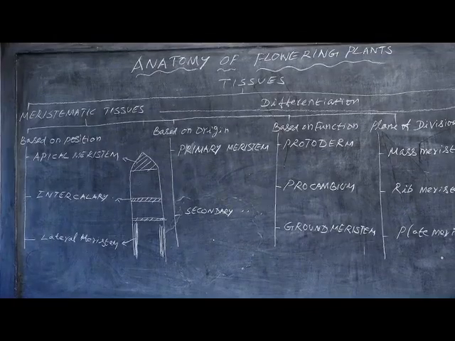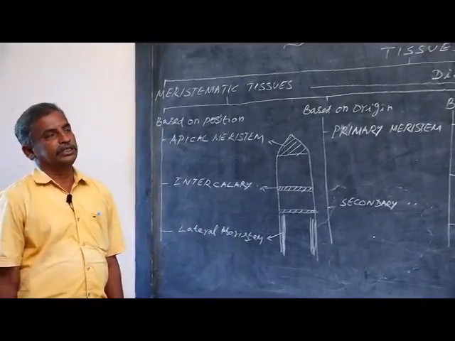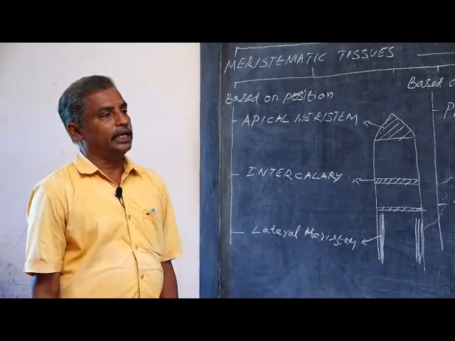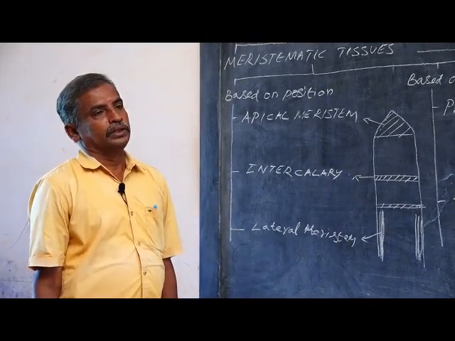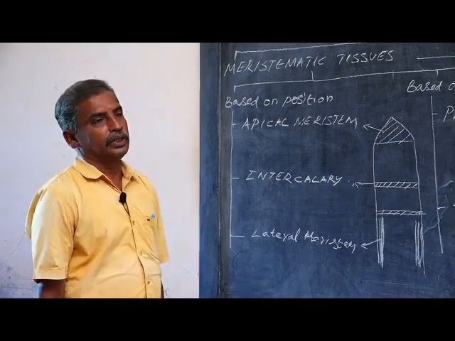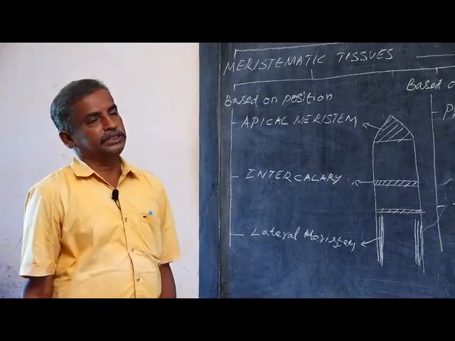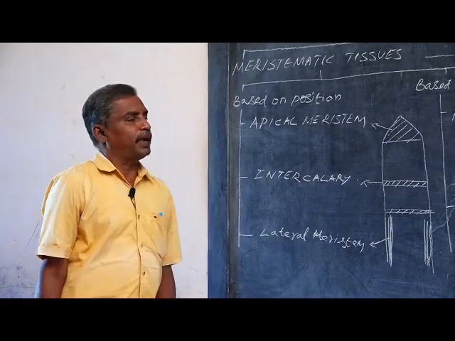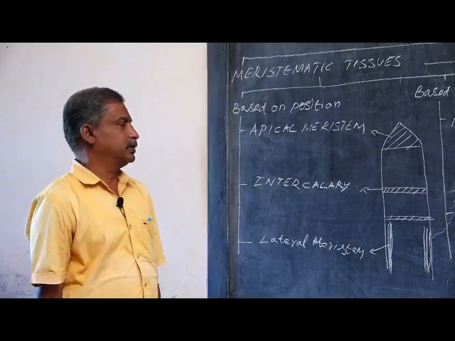As we all know, plants have indeterminate growth. This indeterminate growth is achieved only by the apical meristem. The shoot and root undergo vertical growth, which is indefinite growth. That indefinite growth is achieved by the apical meristem. So, NEET questions may ask which meristem or which tissue is responsible for the vertical growth of the plant. Apical meristem is responsible for the vertical growth of the plant.